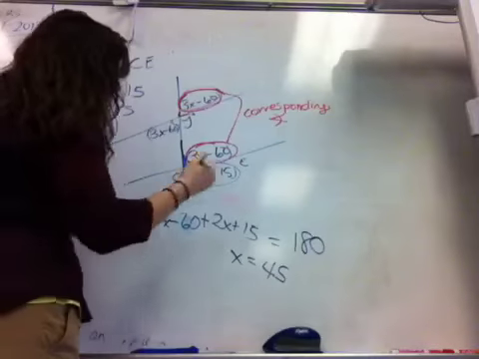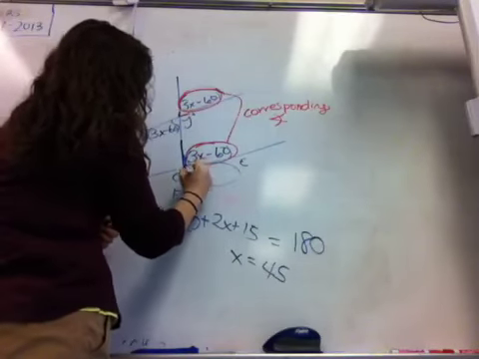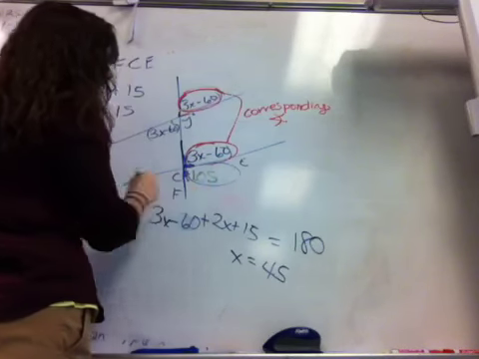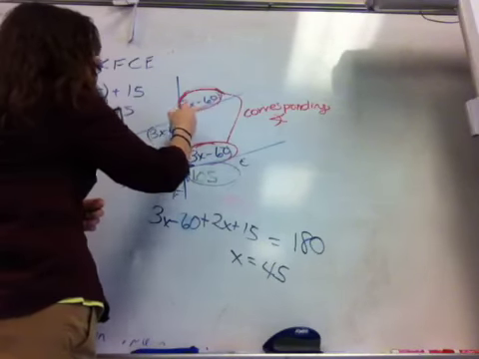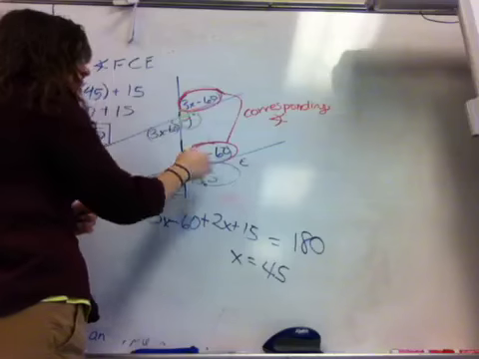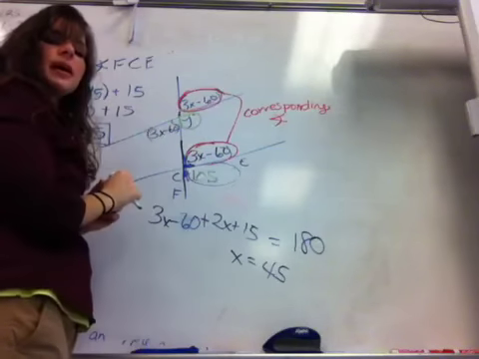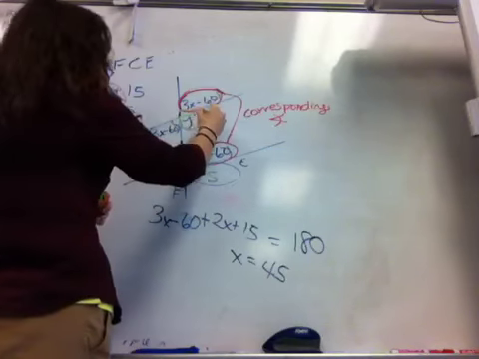Now watch this. Let me take it one step further. That's this angle measure. We just found it. If that's 105, what can we say about this angle right here where y is? Do you see corresponding angles again? So what does y have